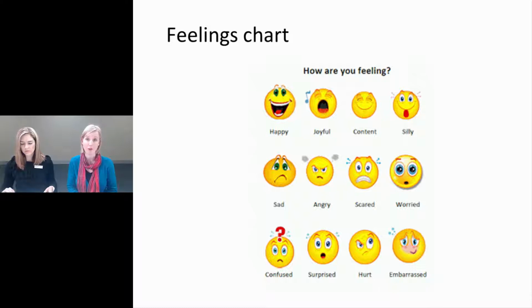This is an example of a feelings chart. Many mental health clinicians use these already. They're good because you can simplify them or add to them depending on your client's language abilities. As a general rule, it's best not to have too many options at once, particularly if a young person has speech, language and communication needs. You can start with the main ones or the ones that are most relevant to the client. These sorts of charts are often used with children, but can really help a young person express how they're feeling if they have speech language communication needs, or even just a poor emotion vocabulary.